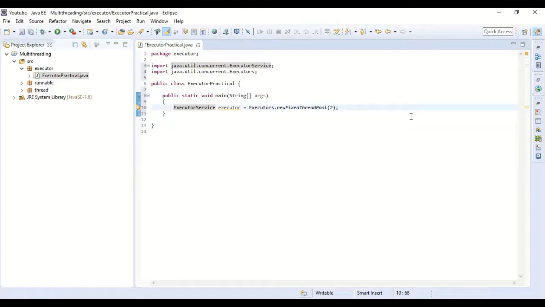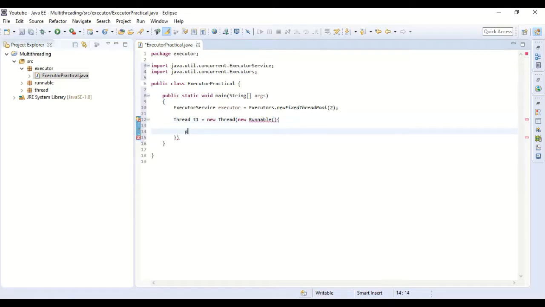After this, we need to create some tasks. Let's say we have thread T1, a new thread. Let's define the task inside this using Runnable, where we will give the run method.